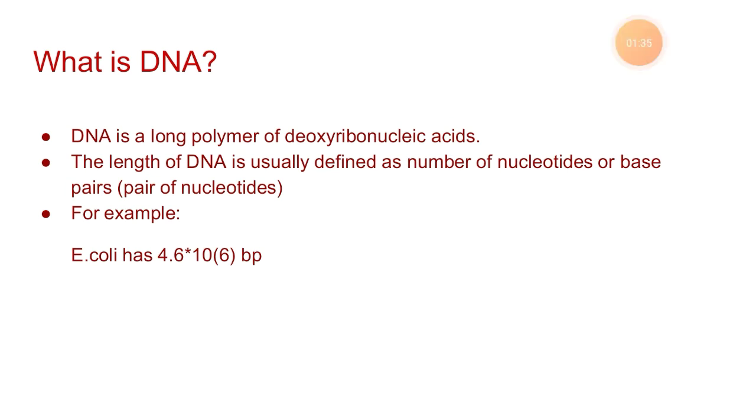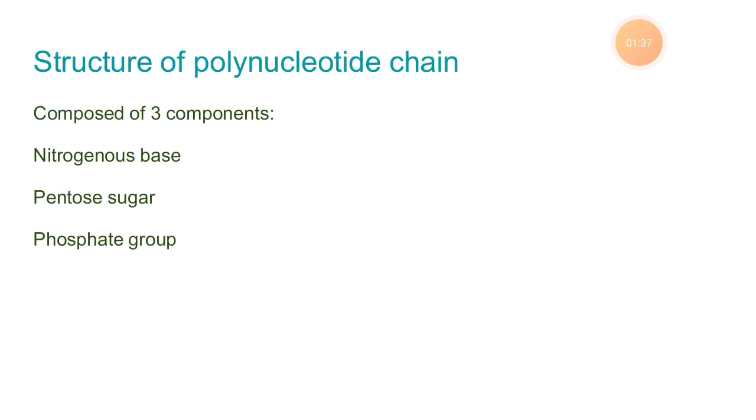What is the DNA formed of? Now, what is the structure of a polynucleotide chain? Here we are discussing the polynucleotide chain. Nothing to worry about. The DNA is a polynucleotide chain. It is a chain of several nucleotides attached together with strong chemical bonds, and we are referring to DNA or a polynucleotide chain as the same. And what is the structure of this polynucleotide chain? It is composed of three basic components, which are nitrogenous bases, a pentose sugar, and a phosphate group. So let's discuss these one by one.